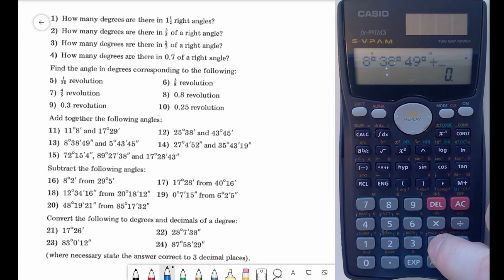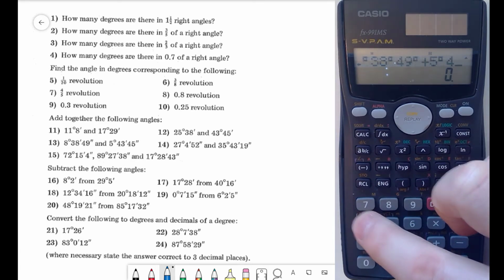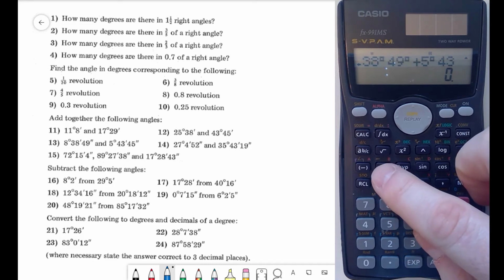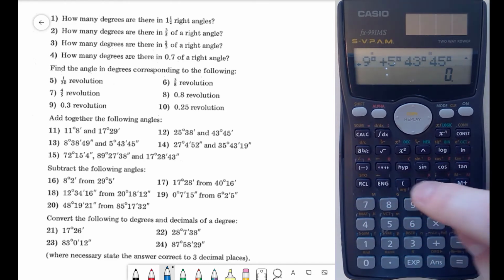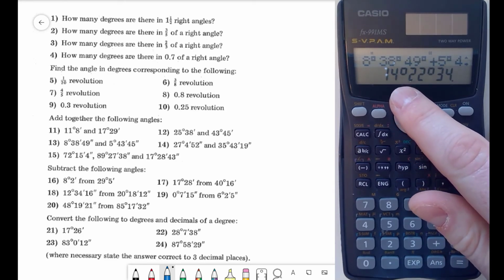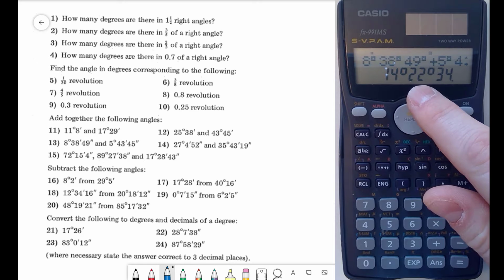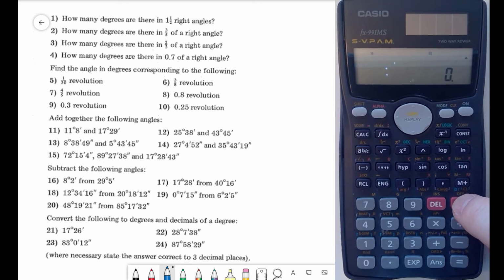And now we'll add this to 5 degrees, 43 minutes, and 45 seconds. And now equals. So here we go. Our answer is 14 degrees, 22 minutes and 34 seconds. So that's it for number 13. For number 14,